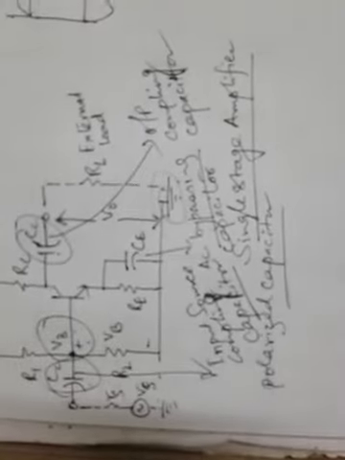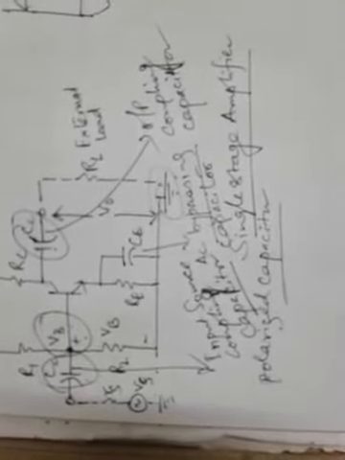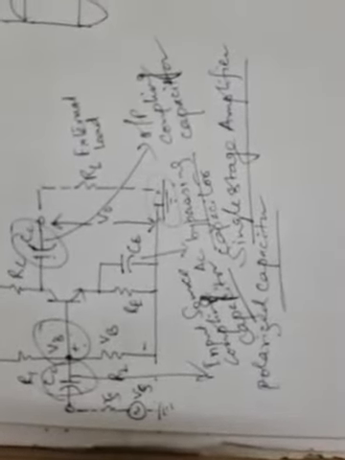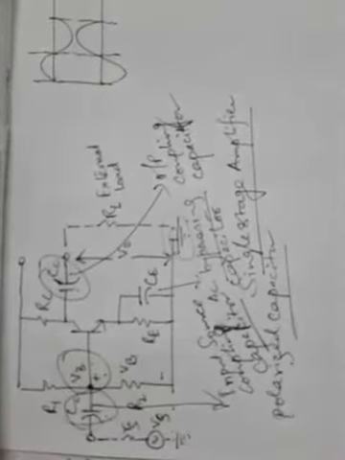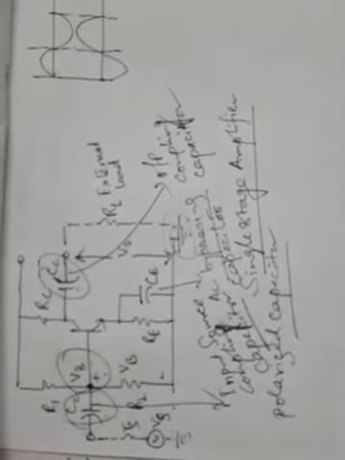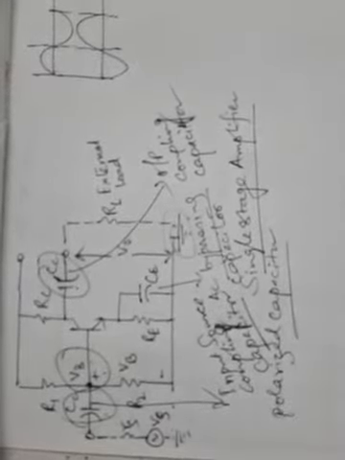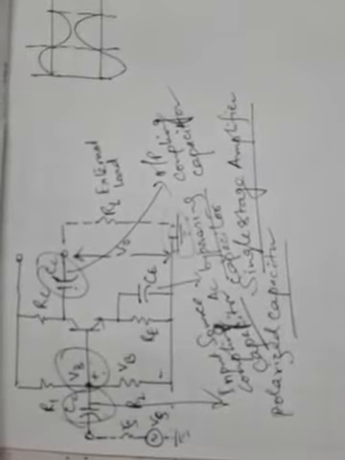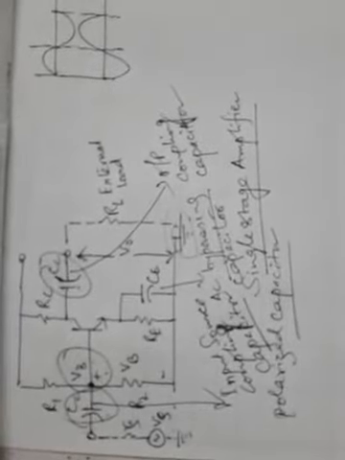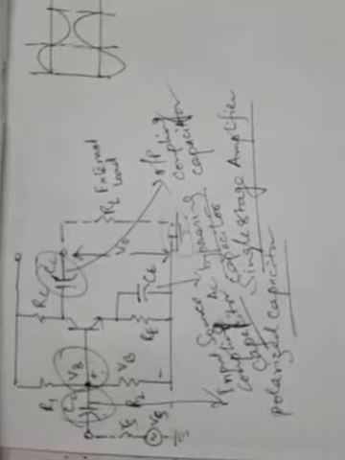Now to understand the operation of this circuit, first let us consider the need for the capacitors. We assume that all these capacitors have impedances which are extremely small at signal frequencies, and each capacitor hence can be treated as an AC short. I have already discussed this. So for consideration of bias condition, the capacitors must be treated as open circuits.